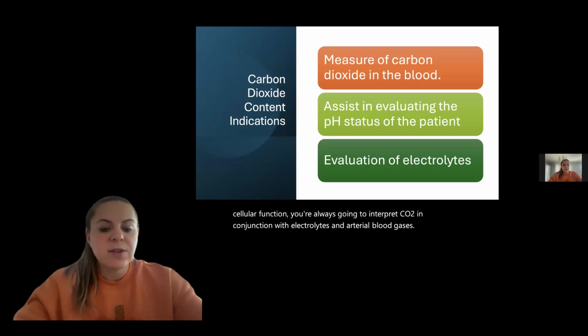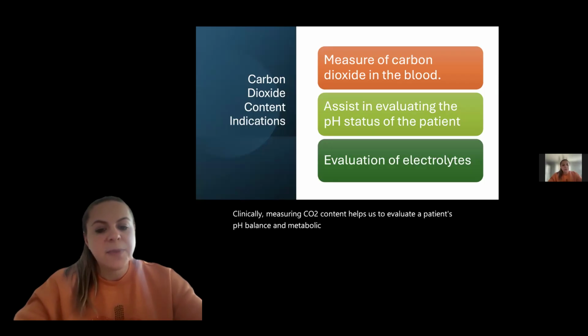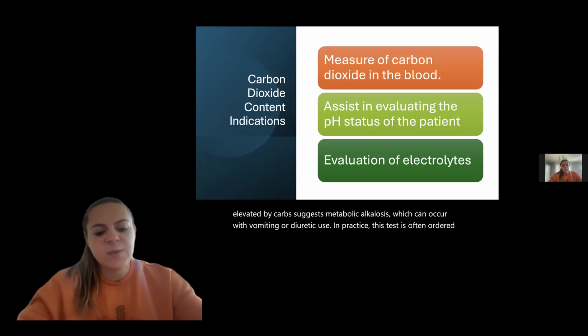Clinically measuring CO2 content helps us to evaluate a patient's pH balance and metabolic status. Low bicarb suggests metabolic acidosis, as in diabetic ketoacidosis, renal failure, or severe diarrhea. Elevated bicarb suggests metabolic alkalosis, which can occur with vomiting or diuretic use. In practice, this test is often ordered alongside electrolytes as part of the CMP to give a more complete view